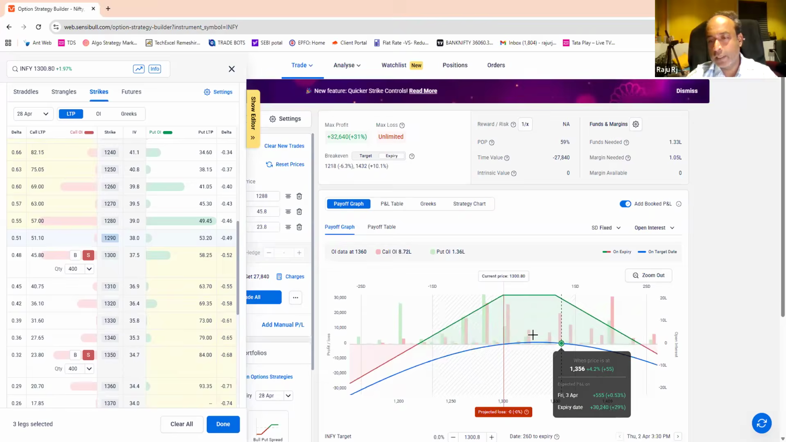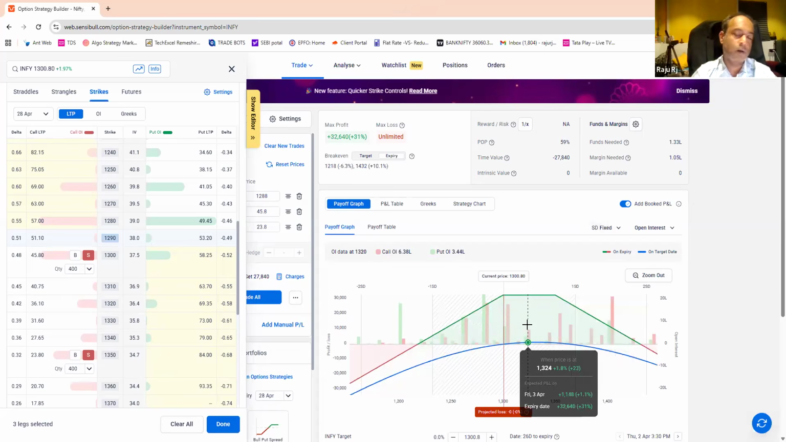But if it is closing in between, you will make very good profit. With 1 lakh of investment, you can make almost 31% returns. The probability of profit is 59%. So if you have an underlying asset, as I told below, if you have a very good portfolio, just to protect it, use